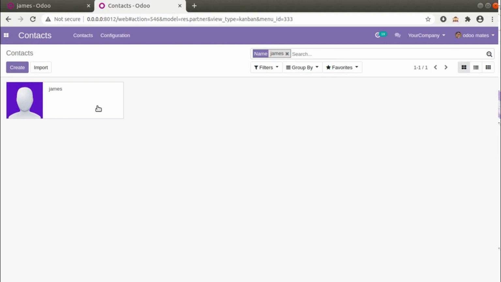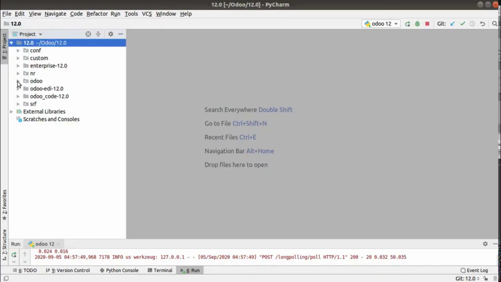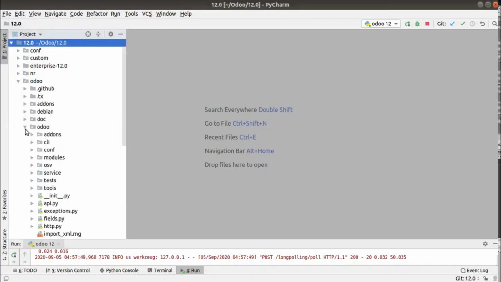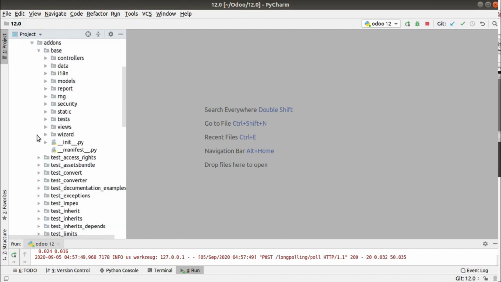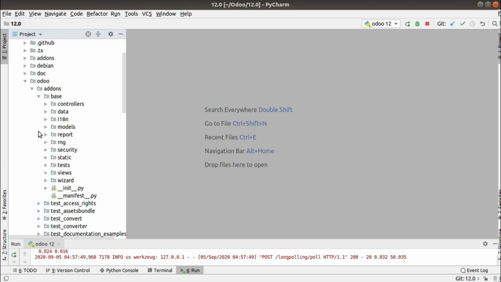No, it's using inherits. If you check the code of the res.users model, I'll go into PyCharm again, into the Odoo folder. Inside Odoo we have an addons folder, and inside it a module called base, and inside base a folder called models, or res.